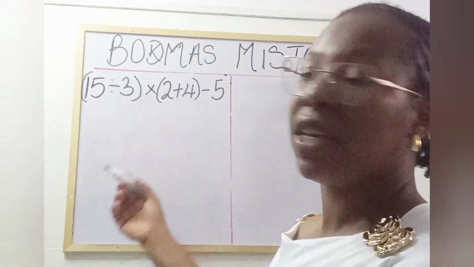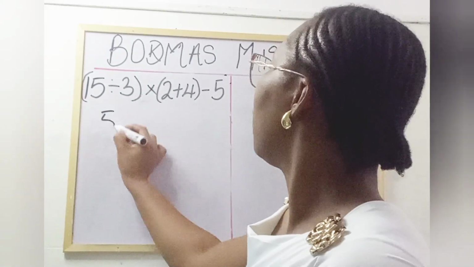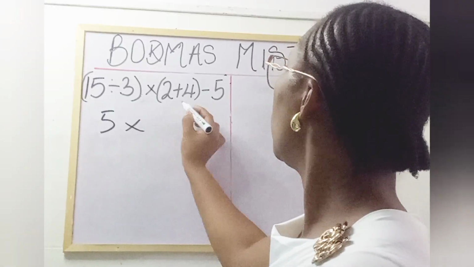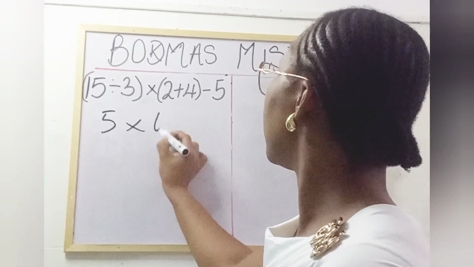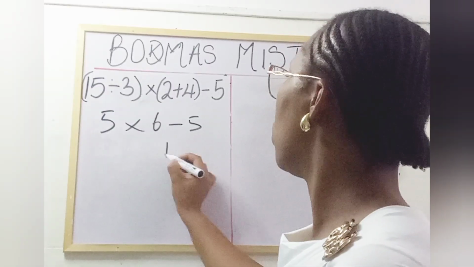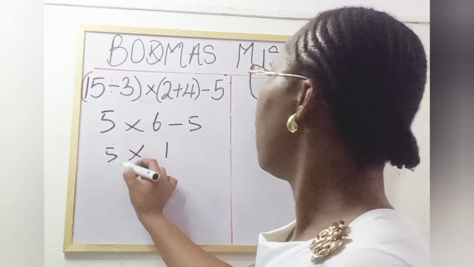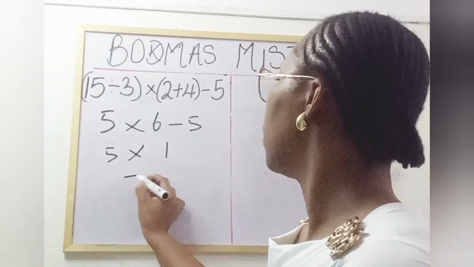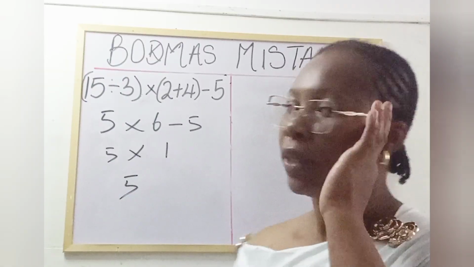15 divided by 3 will give you what? 5. Multiply by 2 plus 4 will give you 6 minus 5. 6 minus 5 will give you what? 1 times 5. 5 times 1 will give you what? 5. Now,